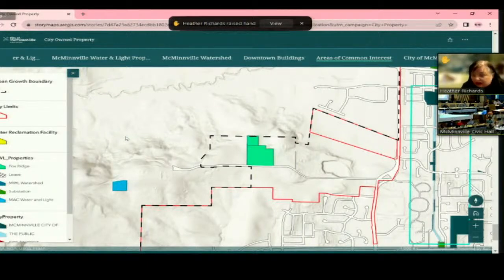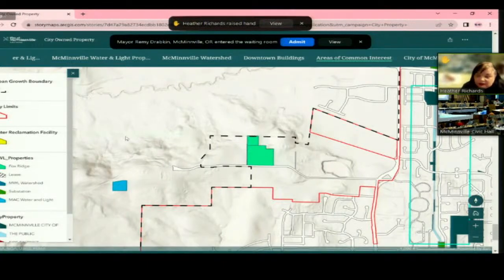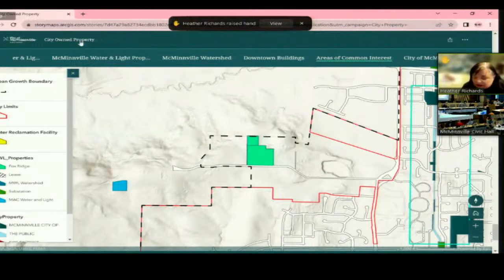Yeah, so the Fox Ridge Road area plan, we actually are coming to you with a presentation on where we're at with that on October 10th, I believe, in work session. But Sam Justice has been on the Project Advisory Committee representing McMinnville Water and Light. The Project Advisory Committee has been doing an excellent job of engaging the public, collecting comments, and thinking really thoughtfully about how to best position that area to serve the community's needs, both in terms of housing, a variety of different types of housing, high density housing and lower density housing, as well as parks and open space. So you should see their preferred concept plan here in just a couple of weeks.